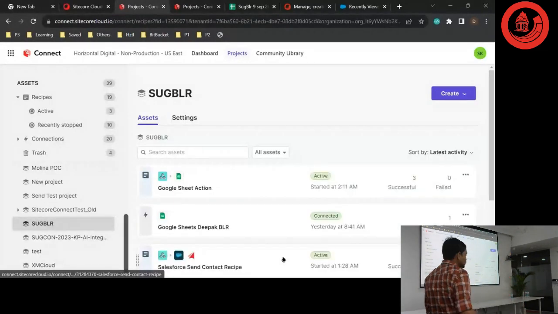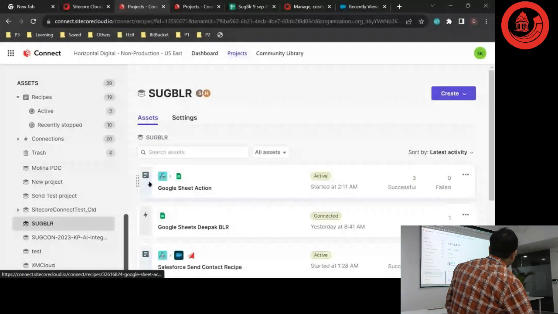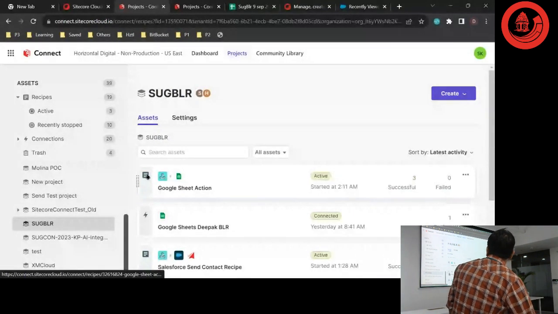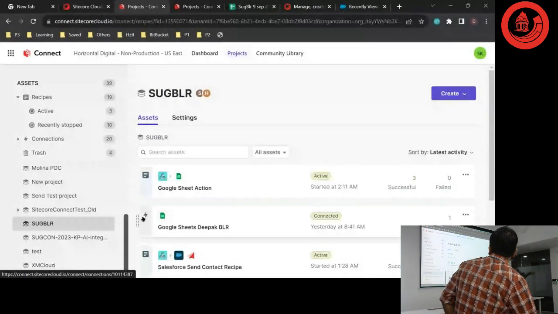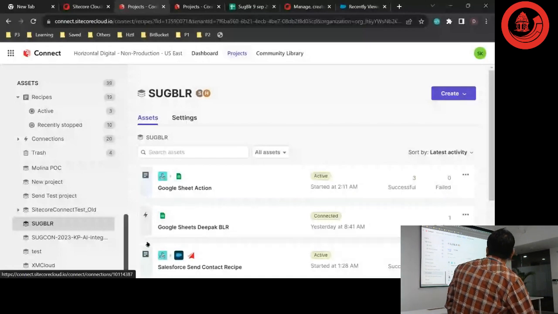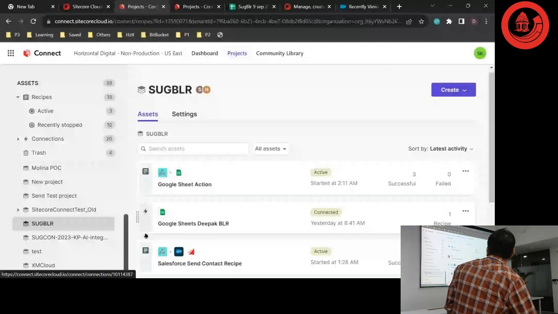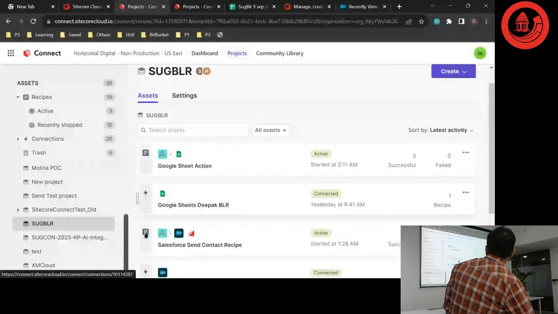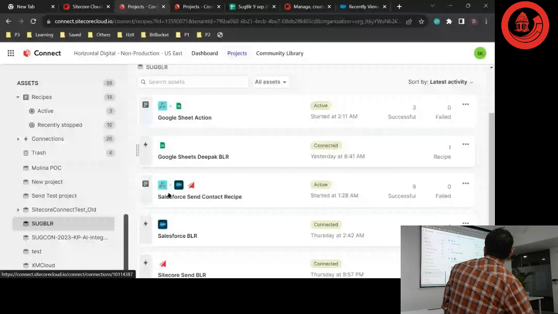The first one which you are seeing is a recipe; the icon determines it. The second one, with this kind of icon, is your connection. I have two or three connections here. One is for Google Sheet, this is for Salesforce, and this is for